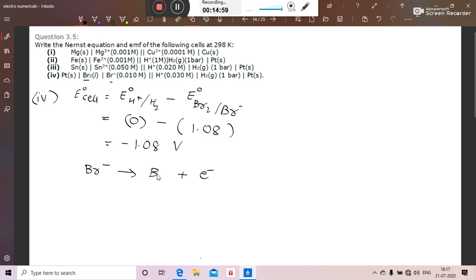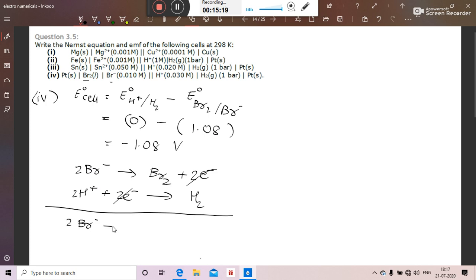So here we will see that in order to balance the equation we have to take 2 bromide ions, so that's why there will be 2 electrons. And at the cathode there should be 2H plus ions, which will accept the 2 electrons of the anode and will convert into hydrogen gas. So in the overall reaction the 2 electrons cancel. So we'll get 2 Br minus plus 2H plus